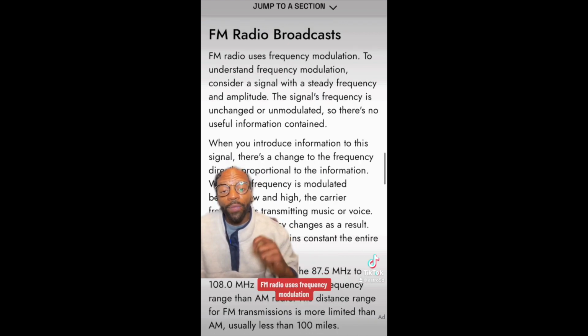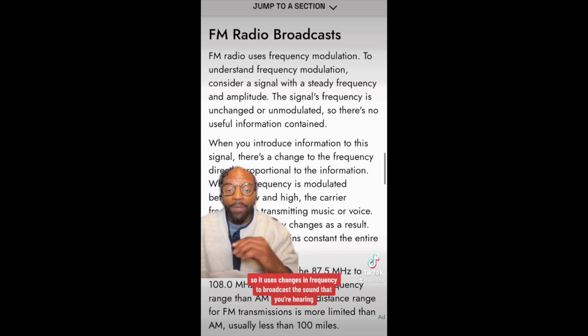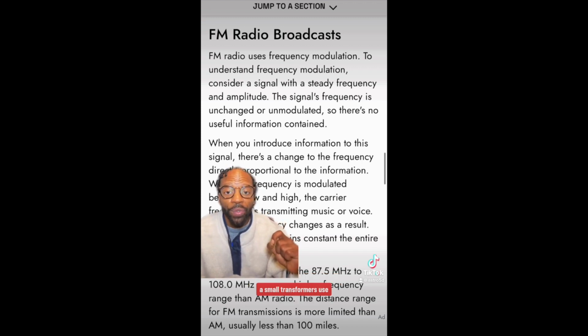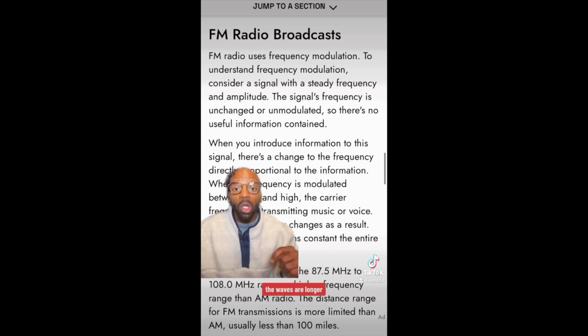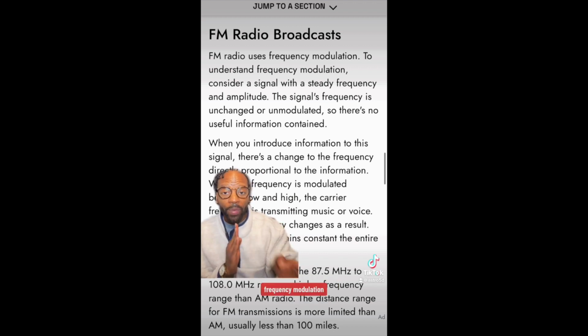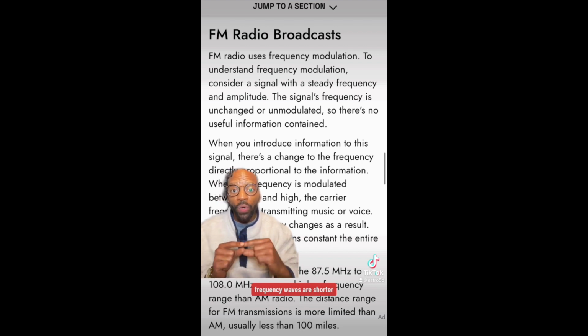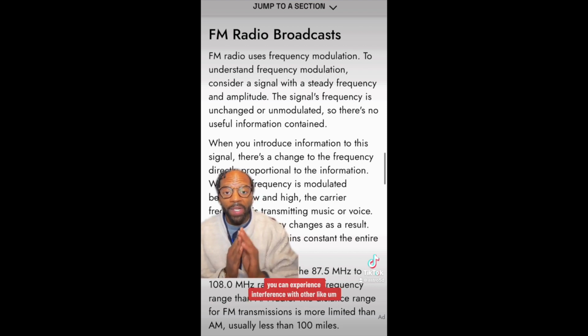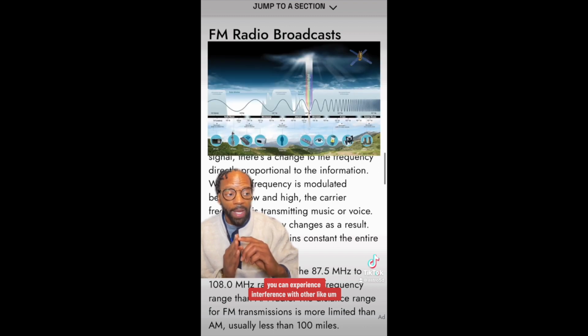FM radio uses frequency modulation, so it uses changes in frequency to broadcast the sound that you're hearing. A small transformer is used that converts the frequencies that you are receiving into sound for your speakers. With AM waves, the waves are longer and they're able to go further distances. They actually reflect off of the firmament and they can extend greater during the nighttime. With frequency modulation, the waves are shorter, therefore you can experience interference with other electromagnetic signals in between the signals that